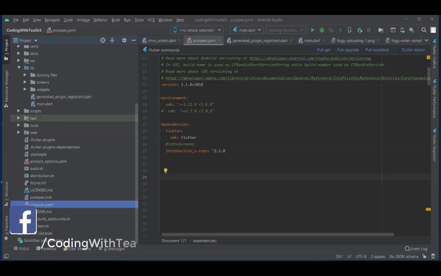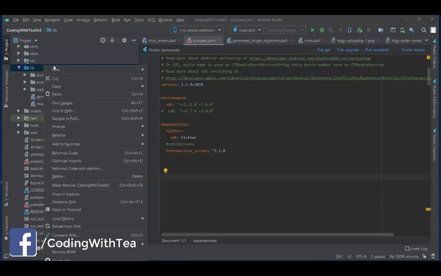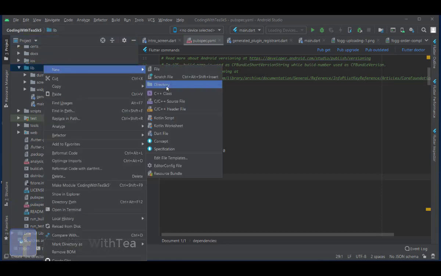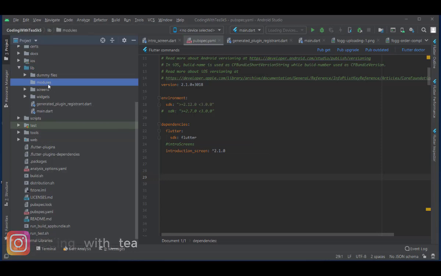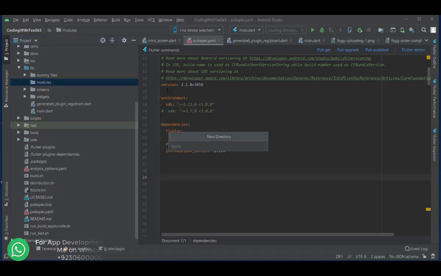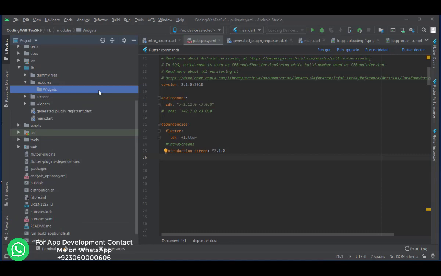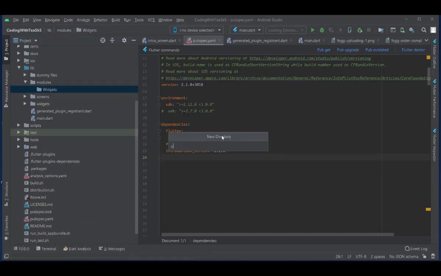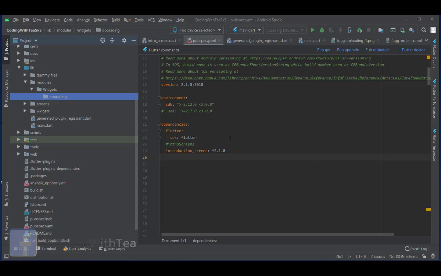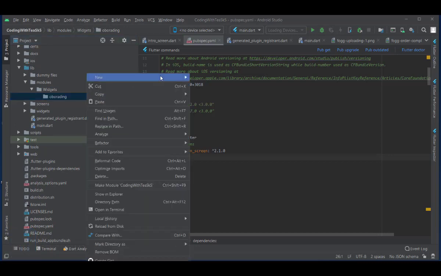After adding this dependency, move to lib folder and create a new directory here, and name it as modules, and inside this module create a new directory, name it as widgets. Inside these widgets add a new folder and name it as onboarding. Inside this onboarding add a dart file,